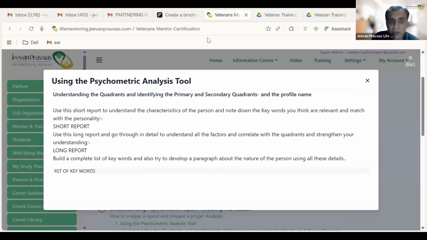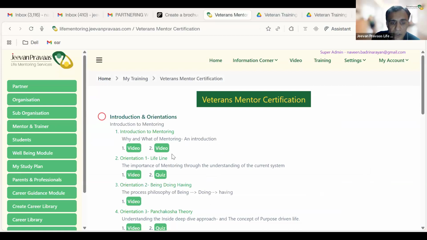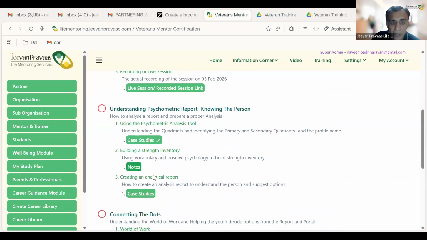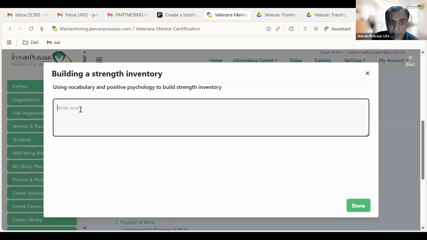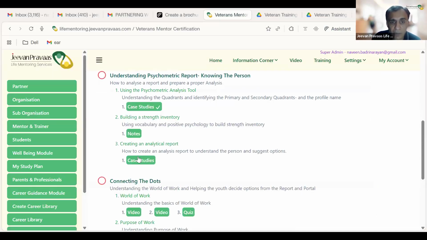Once you do this, then you go to building a strength inventory and creating an analytical report. For building the strength inventory, you can write all the keywords here itself. You can just type them out here. So this is your first assignment. And then you can